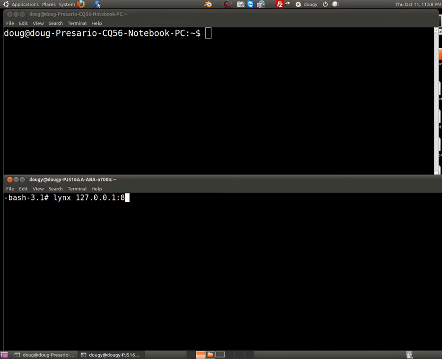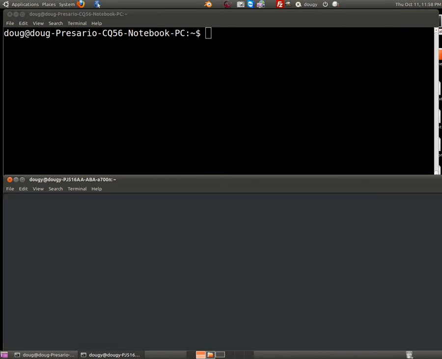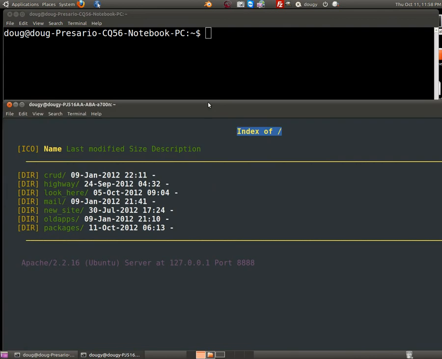So if we do something like, say, links 127.0.0.1, port 8888, pull this up, there we go. We're tunneled and bound. This is